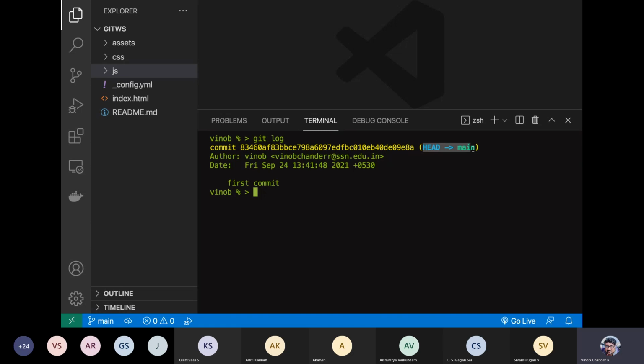If you do further commits, your remaining commits will be down here, and the latest commit is the place where the head will be pointing. Your commits are identified by your hash IDs, and then you have your author that we specified in our config file, the date, and then the commit message, first commit.